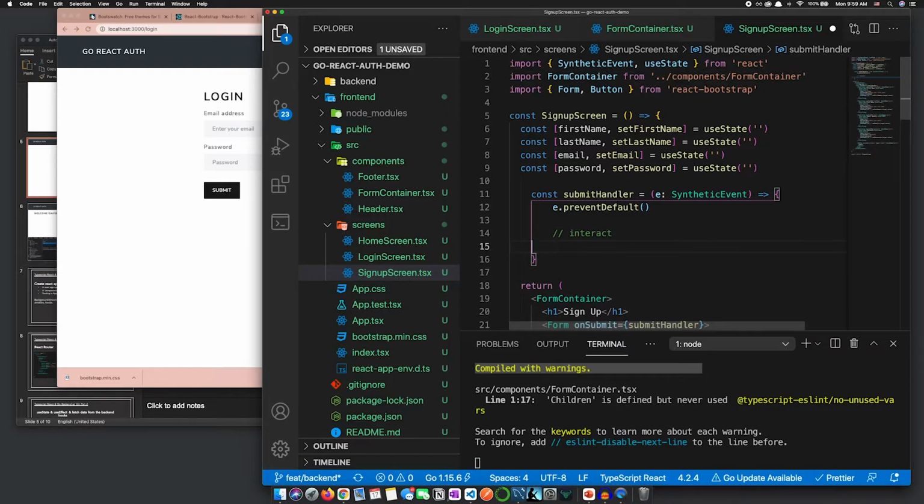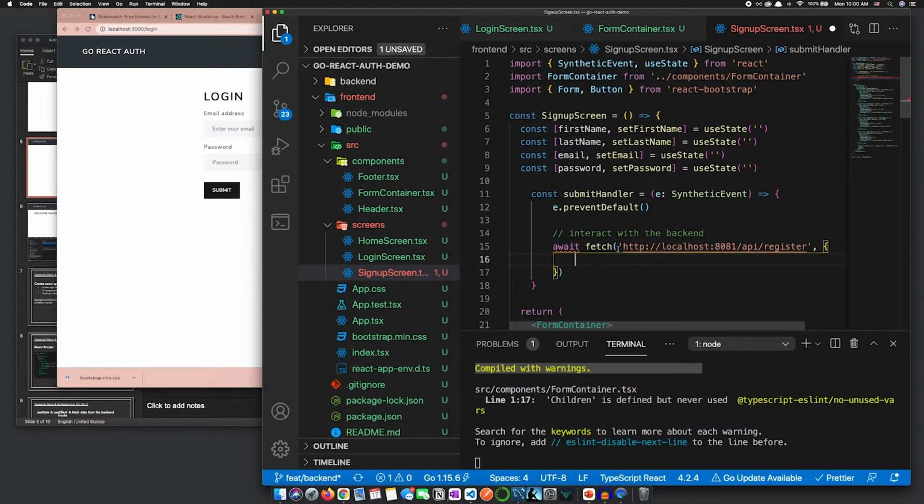Okay, interact with the backend, and we are gonna use the fetch method and pass in the URL as its first parameter. So we have the backend running on port 8081, and we have the register API/register URL configured in the backend. So fetch accepts the request info, which is the URL, and in the second part we are gonna be passing in the type of the method. So it will be post